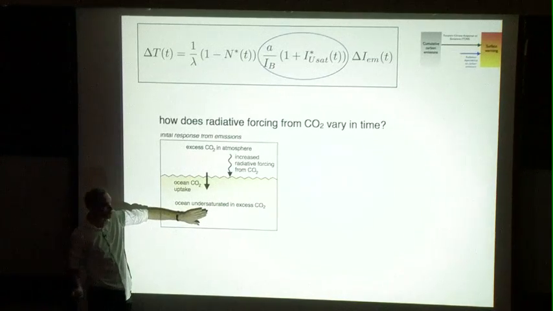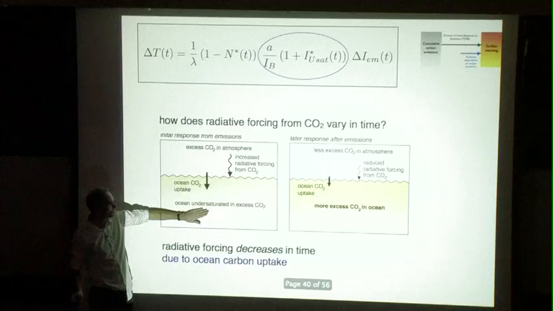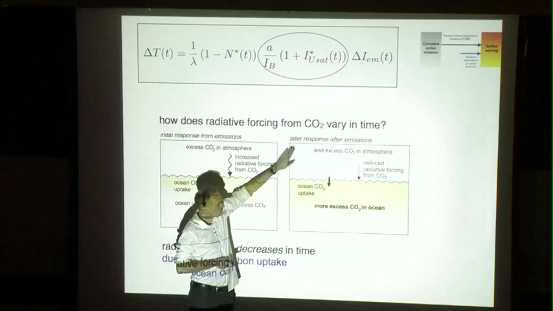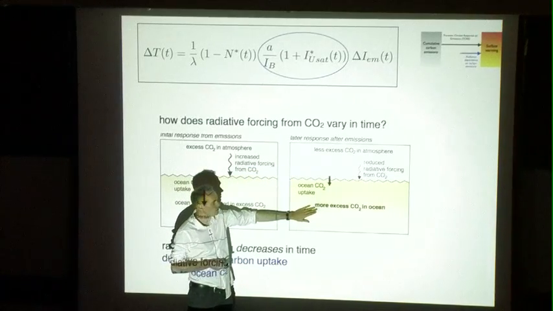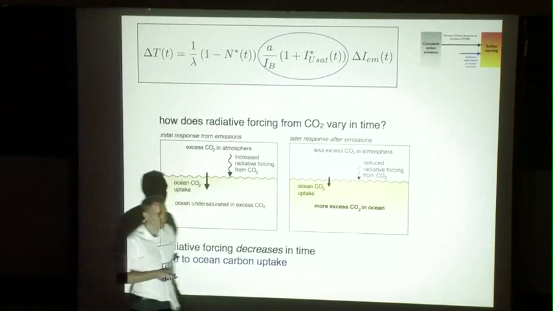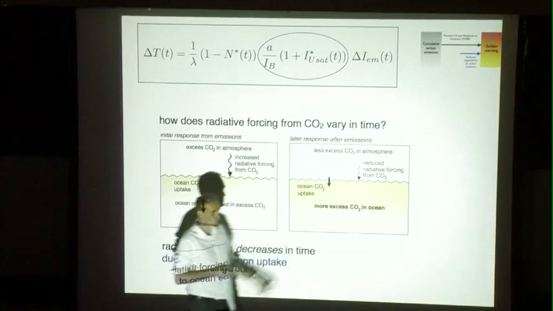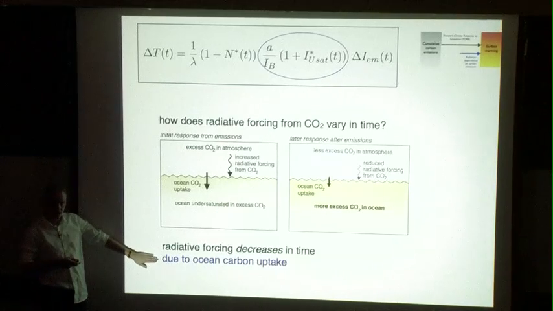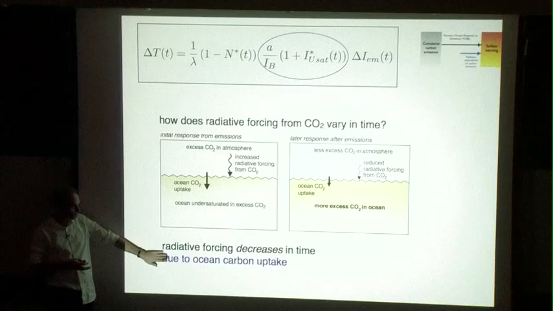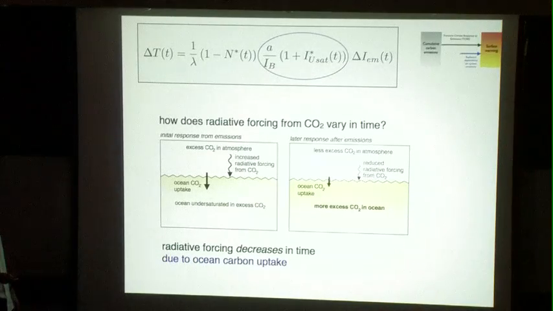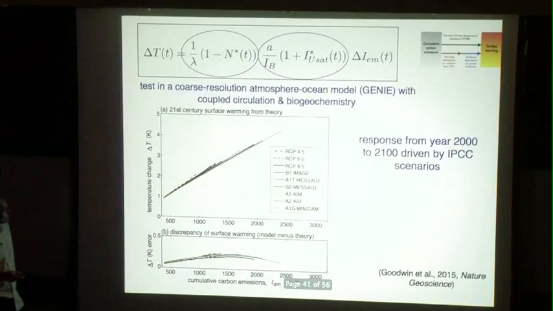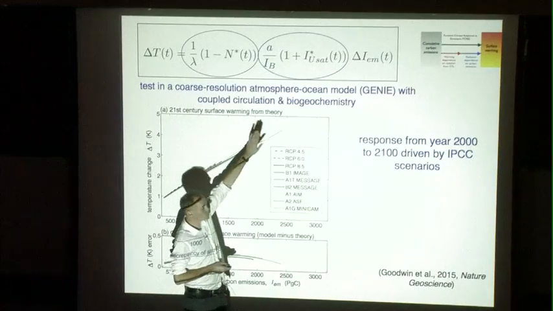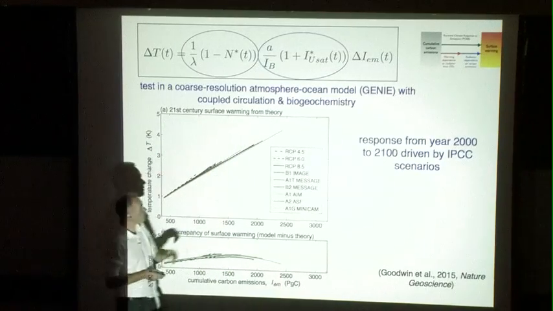And the ocean is grossly undersaturated in carbon. In time, the ocean will take up that carbon, and that will then have to reduce the radiative forcing from CO2. So the radiative forcing from carbon dioxide will naturally decrease in time due to this ocean uptake. Also, the terrestrial uptake will also act in a similar way. So these two terms partially, not exactly, but partially